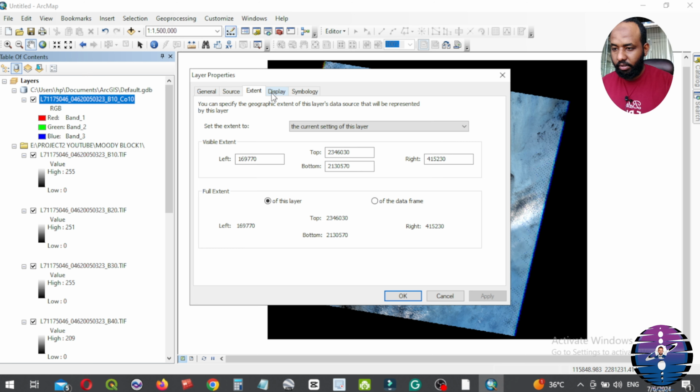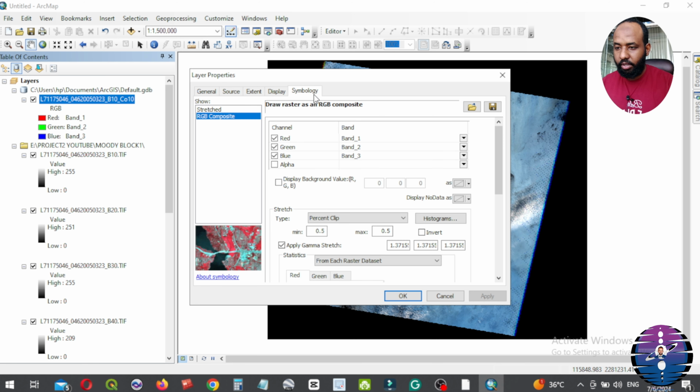General, source, extent, display, we choose symbology and adjust the red, green, blue color levels until we get the clearest map image.